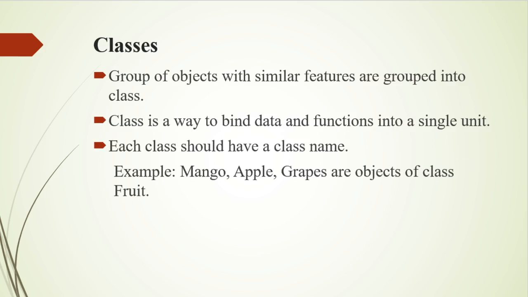Next, classes. We just mentioned that objects contain data and code to manipulate the data. The entire set of data and code of an object is defined with the help of a class. Once a class has been defined, we can create any number of objects belonging to that class. Hence, objects are variables of the type class. Each object is associated with the data of type class with which they are created. A class is thus a collection of objects of similar types. A class is a blueprint from which individual objects are created.